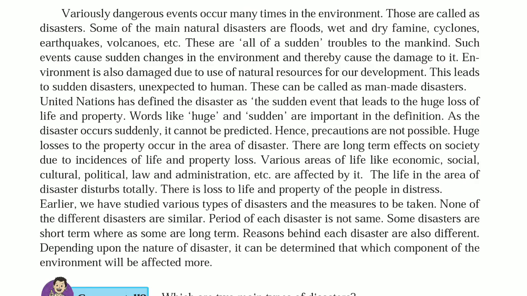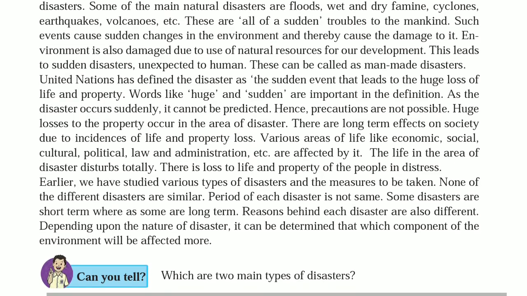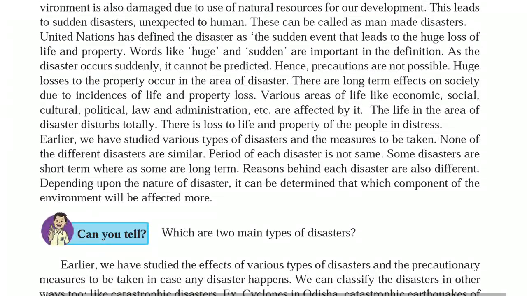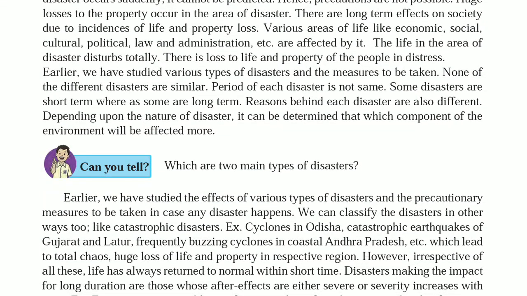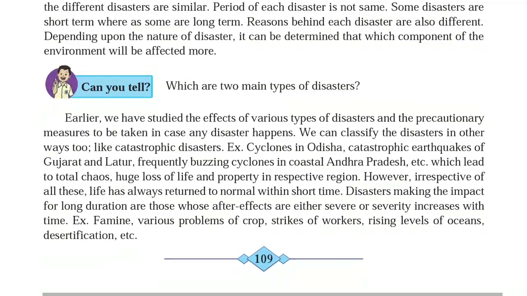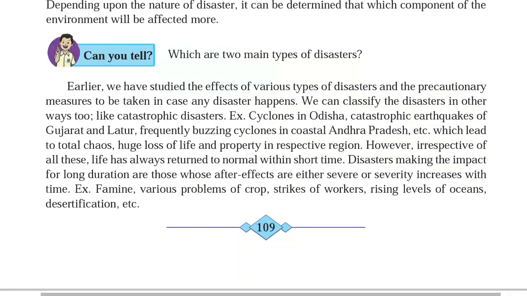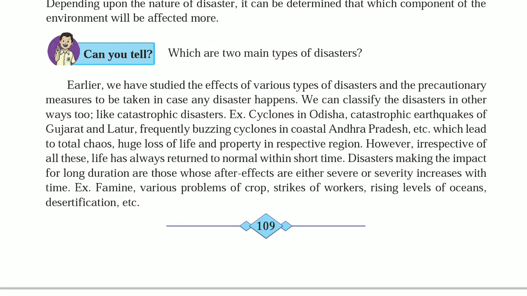Depending upon the nature of disaster, it can be determined which component of the environment will be affected more. Which are the two main types of disaster? According to the preliminary classification of disaster, there are two main types of disaster, natural and man-made.